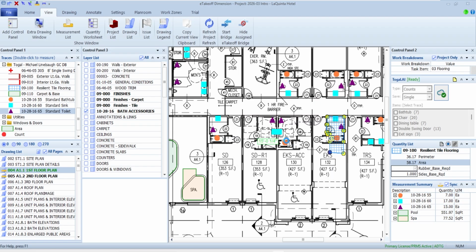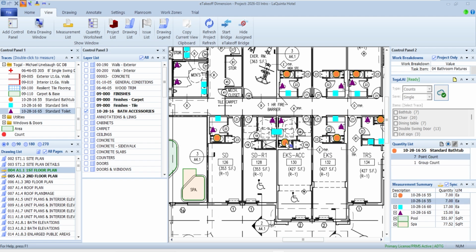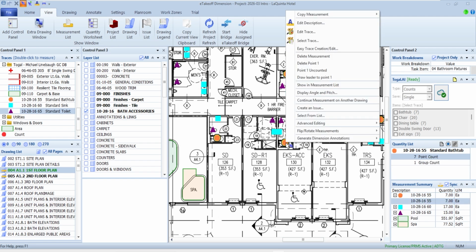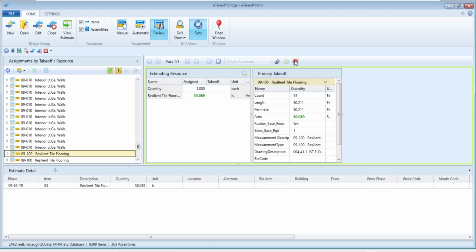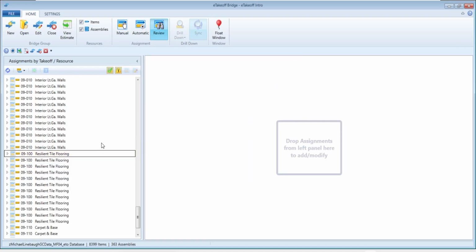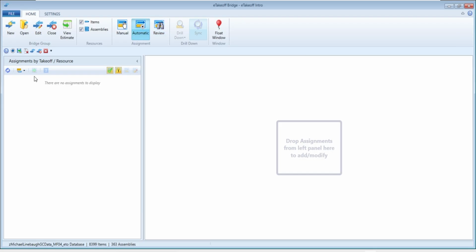And it looks like I'm still moving that line. So let me finish that one up first. So I might go back there and say that I want to just delete this one point. So that way, my number of tubs are different for some reason now. So I've made a couple changes. I changed the size of that one room and I got rid of a tub for some reason. If I go back and look at my bridge, this window here was automatic. This shows me anything new.